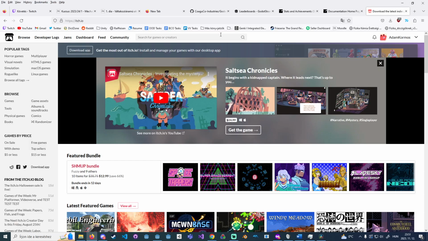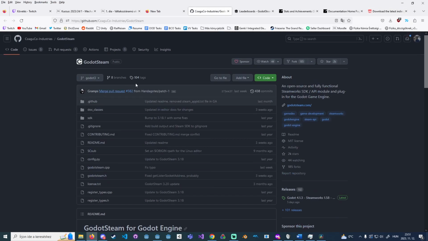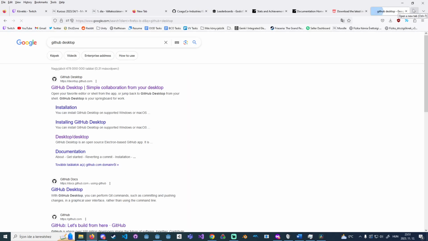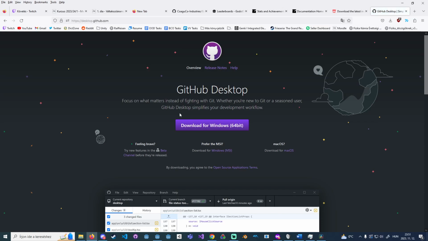For collaboration, you've actually seen us use GitHub so many times. You've seen us open plugin repos and everything. So you can also create your own repository, and that can be used to actually collaborate with people. And there's also this application called GitHub Desktop, because some people fear that oh, they have to use CLI to work with GitHub, but that's actually not true. So if you download this,